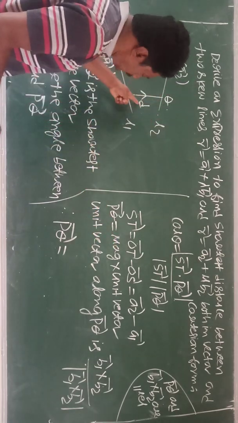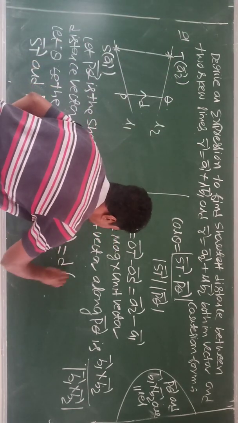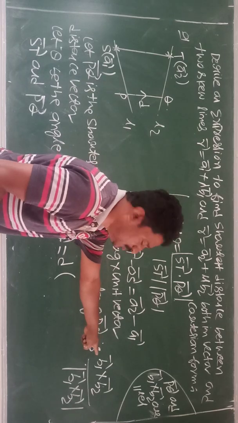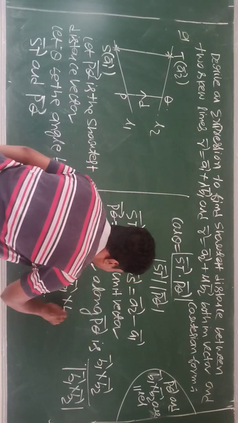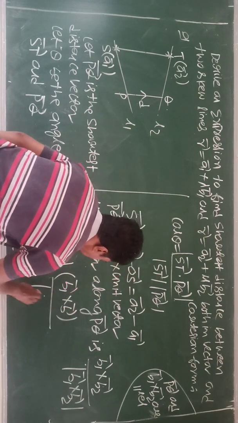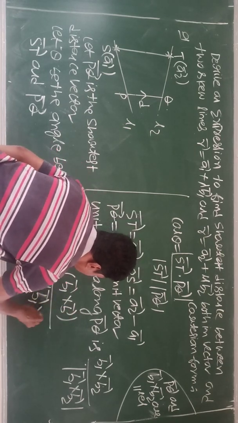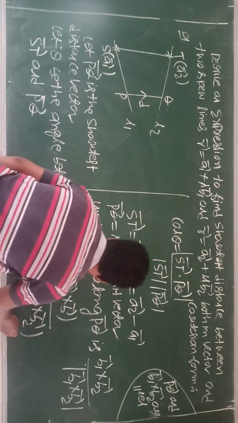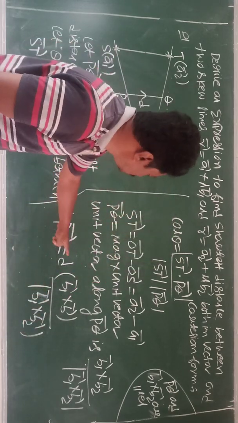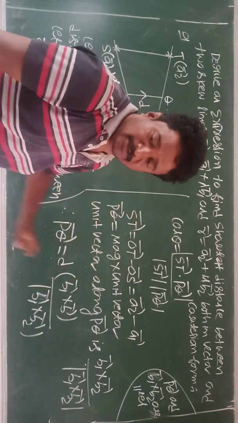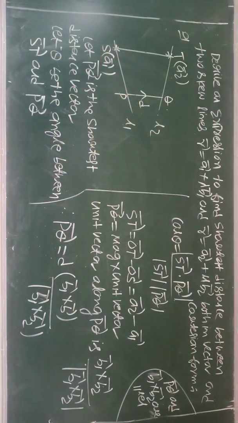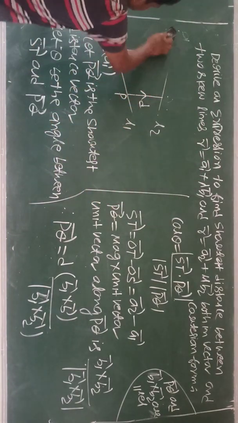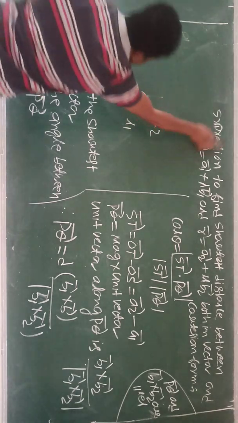What is the magnitude of PQ? D. So D into the unit vector. Here is the unit vector: vector by its magnitude, so B1 cross B2 by magnitude of B1 cross B2. Substitute all these in that formula. You will get the shortest distance. So cos theta is equal to